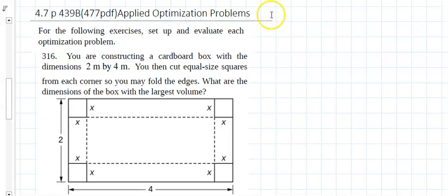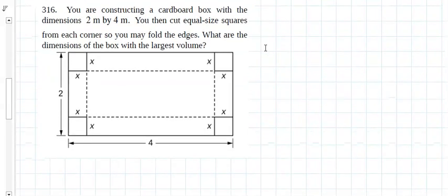Section 4.7 talks about applied optimization problems. So here, for the following exercises, set up and evaluate the optimization problem. Well, we're trying to construct a cardboard box from a piece with dimensions 2 by 4